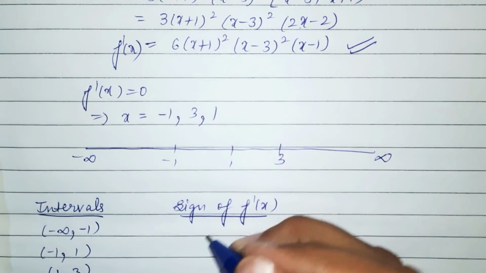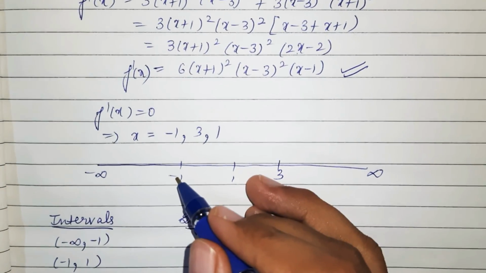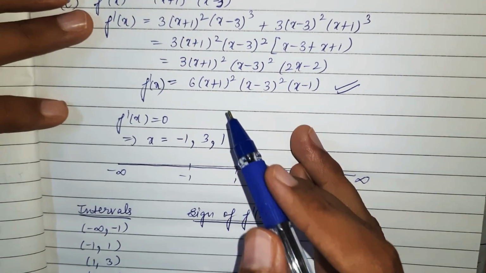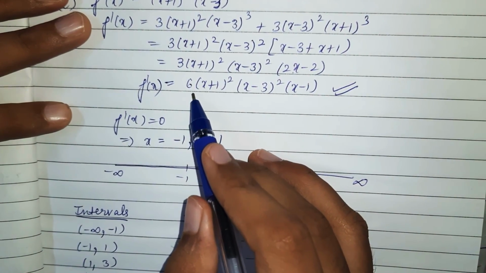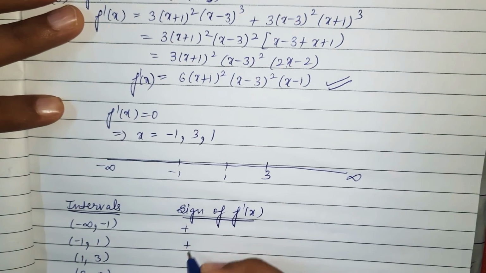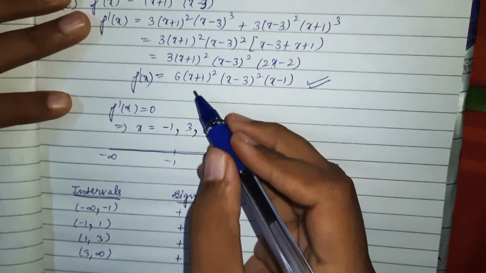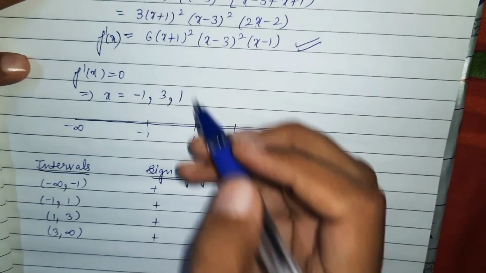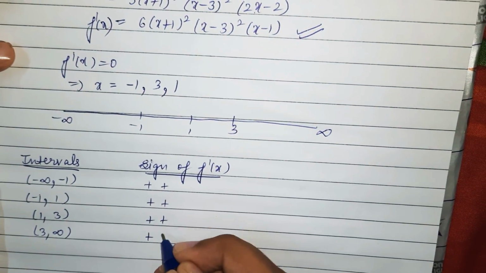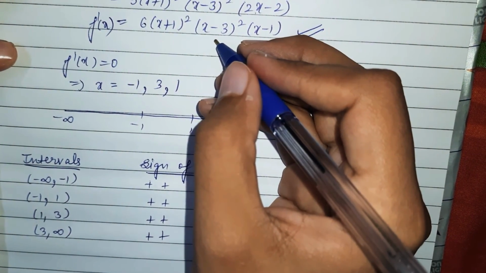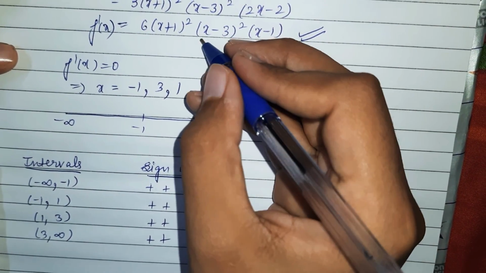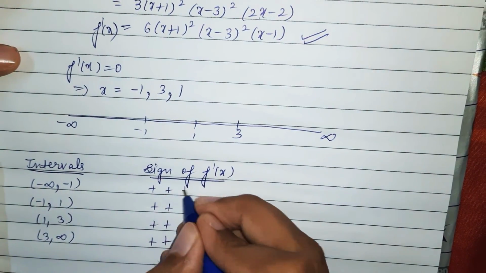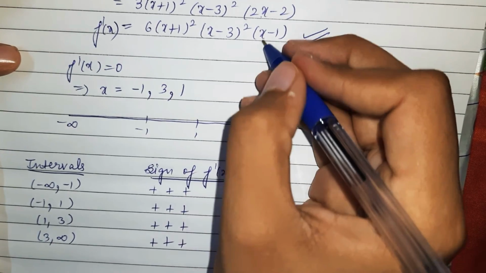So here we need to put minus infinity to minus 1. 6 is positive, and this will be positive every time, so we need not think about that. Now here, raised to the power 2 is given, so whatever I take, it doesn't matter, I will get positive only. For the third term, minus infinity to minus 1, let's suppose I am taking minus 3. Again raised to the power 2 is given, so definitely I will get positive, so I need not think.